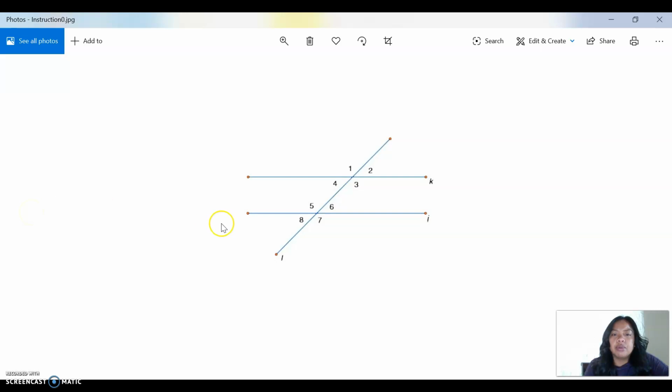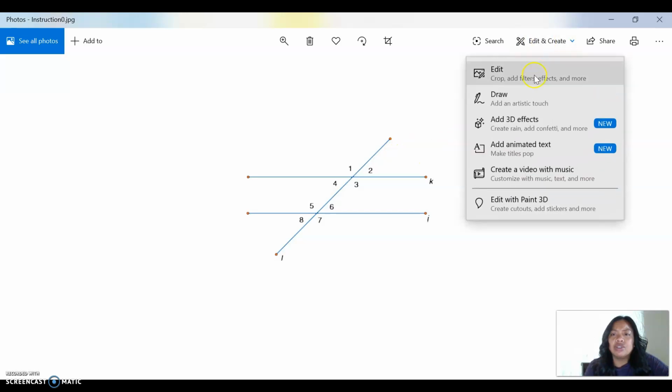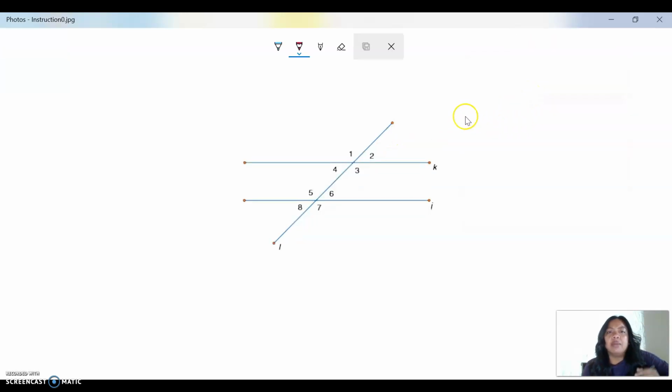Okay, so what we have here is a set of parallel lines, line J and K, and then we have this line that passes through both lines. This line that passes through is called a transversal. I'm going to write this word so that you can see the key words. Again, this line that passes through the parallel lines is called a transversal. And what's significant about a transversal is that when you have this transversal, I